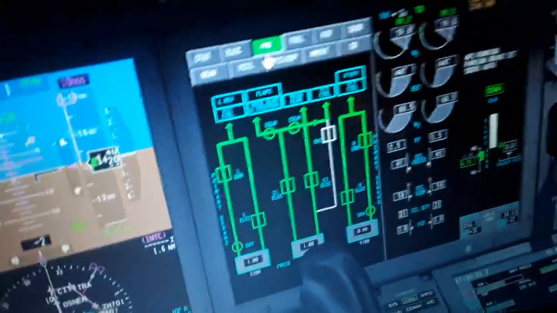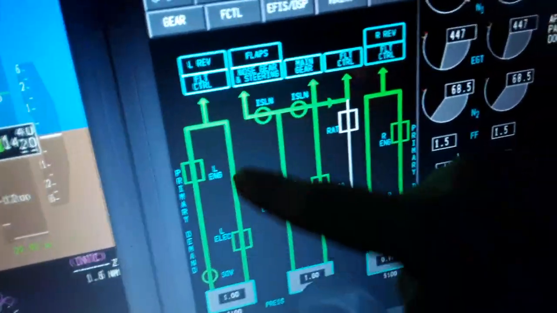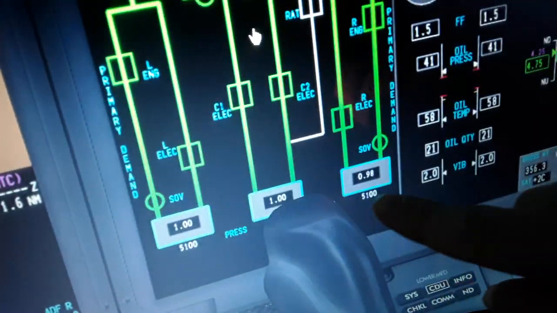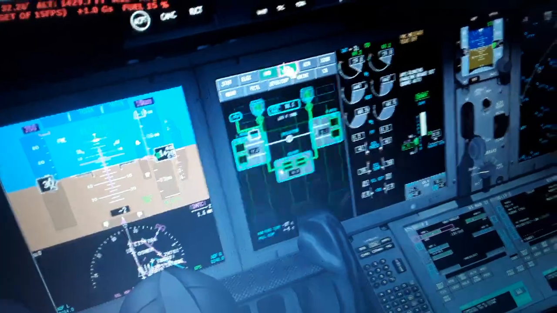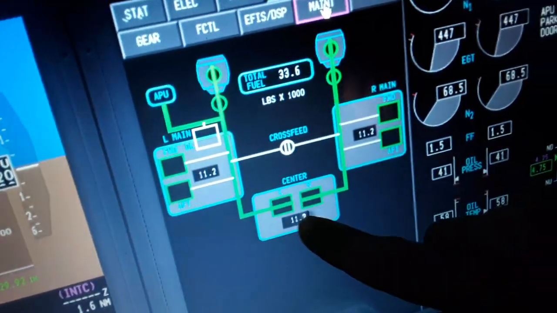hydraulics. You can see where the hydraulic fluid goes, which system uses it. The left and the right engine, electric C1 and C2. We have 5100 psi and how much quality we have. The shuttle valves also. The fuel left and right wing tanks, center tank we have 11 and 11 and 11,000,